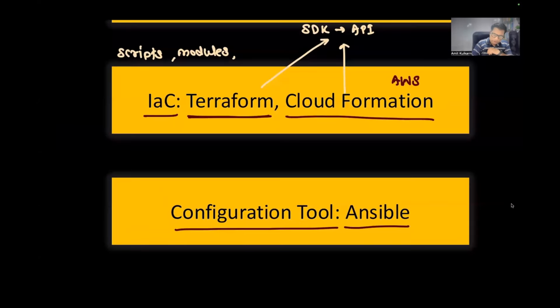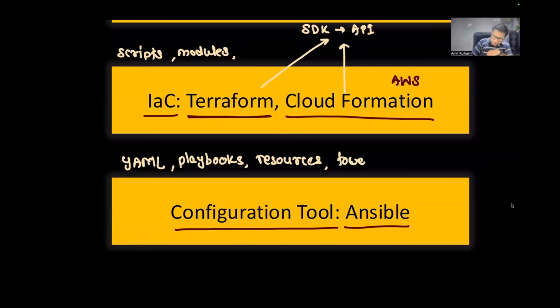So inside Ansible, we'll first learn the syntax called YAML. YAML is the syntax, or you can say it's a language, which is used by Ansible to create the scripts. Those are called Ansible playbooks. So Ansible playbooks is what we will be writing here, and then we'll be creating the Ansible resources. There are multiple ways you can deal with it, and I'll show you all of them there. Then we'll talk about Ansible Tower. It is a kind of GUI version available for enterprise editions, but it's available for evaluation purposes only. But we'll see what a Tower is and how we can use it in the real world.